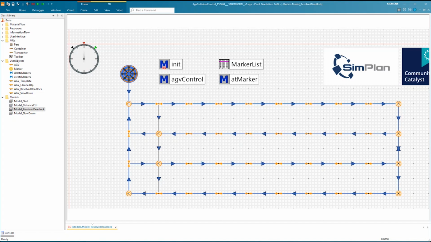So if you have a lot of AGVs, you will definitely see this impacting your runtime performance. I don't know how bad it gets, because you can have other large models that simply run slower because there's a lot of things to do.